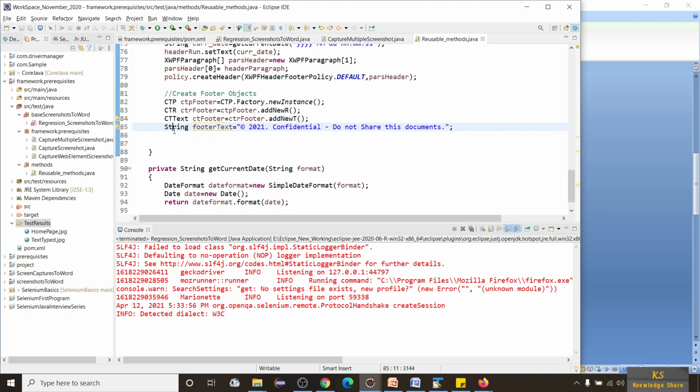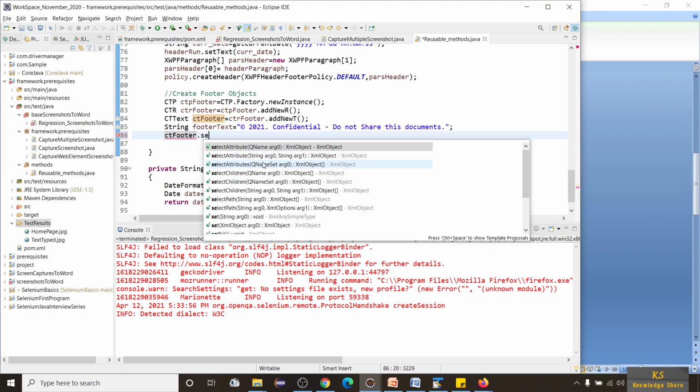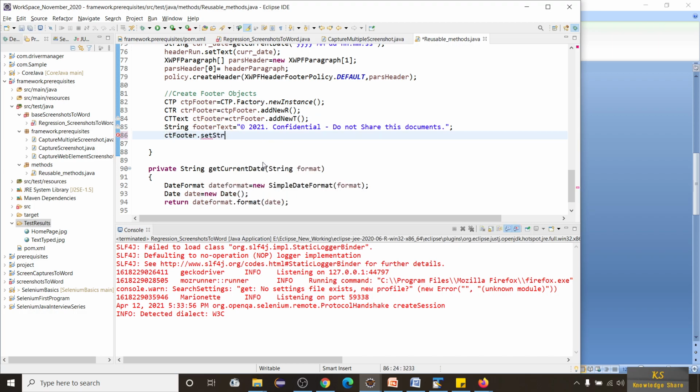Next I'm taking this CTFooter.setStringValue, and I'm going to pass this footerText so that it will set this in the footer.